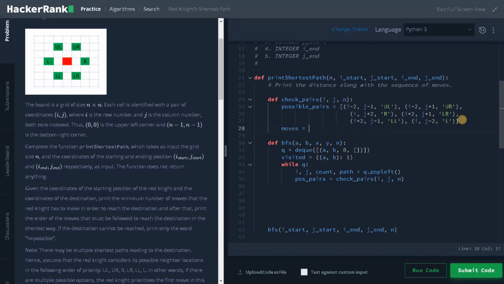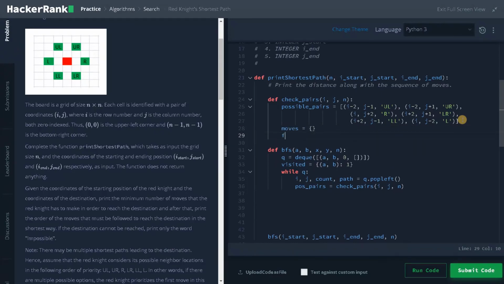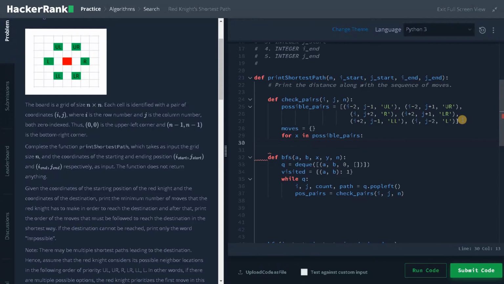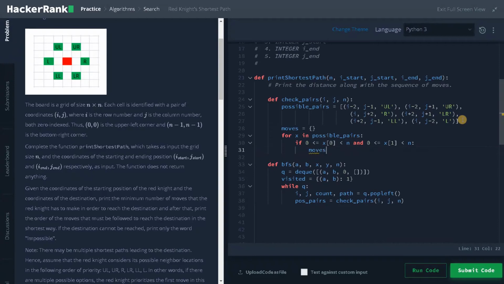Before that I will say moves equals a dictionary, and for x in possible pairs, we have to check whether it is in the range or not. So if 0 less than or equal to x of 0 less than n, and 0 less than or equal to x of 1 less than n, then moves of x equals 1.